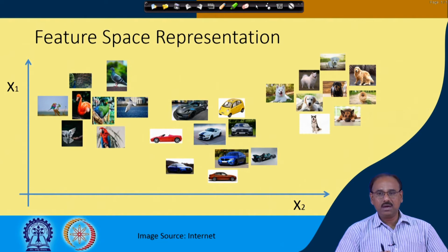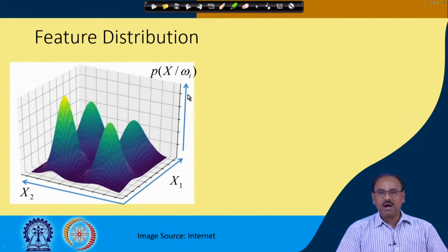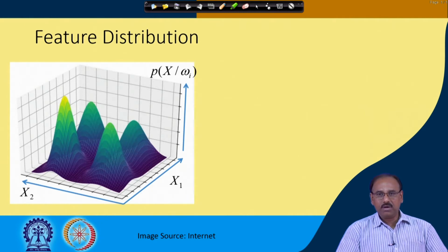You find that all these representations of these objects in the feature space form a cluster or a distribution. We had shown in the other figure in 3D how this distribution looks, and because we are computing the distribution of the feature vectors from objects belonging to a particular class,